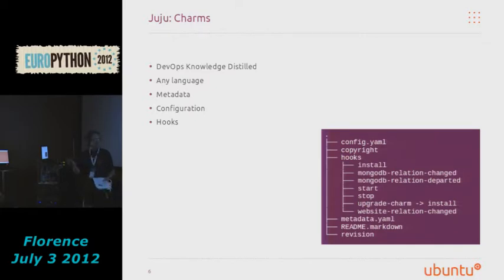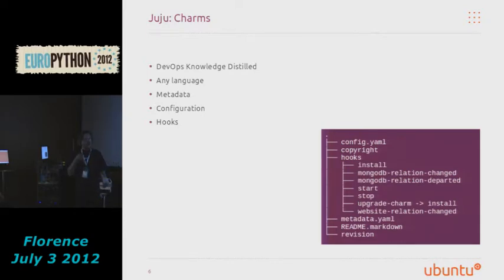And then there's a set of hooks. So the example we have on screen at the moment is for the MongoDB charm. Juju has a well-defined set of hooks. So there's an install hook that's executed as the charm is deployed onto the Ubuntu server instance. That's responsible for installing the software, doing any initial configuration before the charm is then configured using a config changed hook, and then started using the start hook.